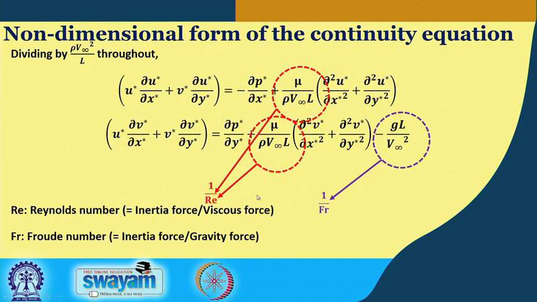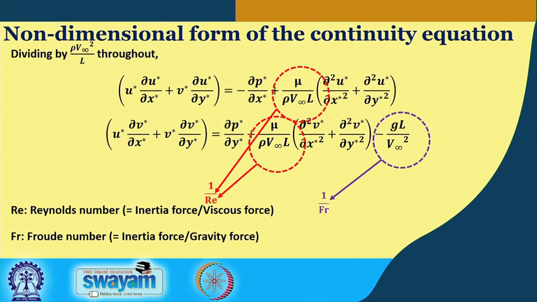Now, what is Reynolds number? We know that Reynolds number denotes the relative importance of the inertial force to the viscous force. Now, what is the meaning of this? Suppose a fluid is flowing over a surface. Because of the viscosity of the fluid, there will be a drag offered by the surface which will try to retard the motion of the fluid. That is what we call the viscous force, which is generated due to the viscosity of the fluid.